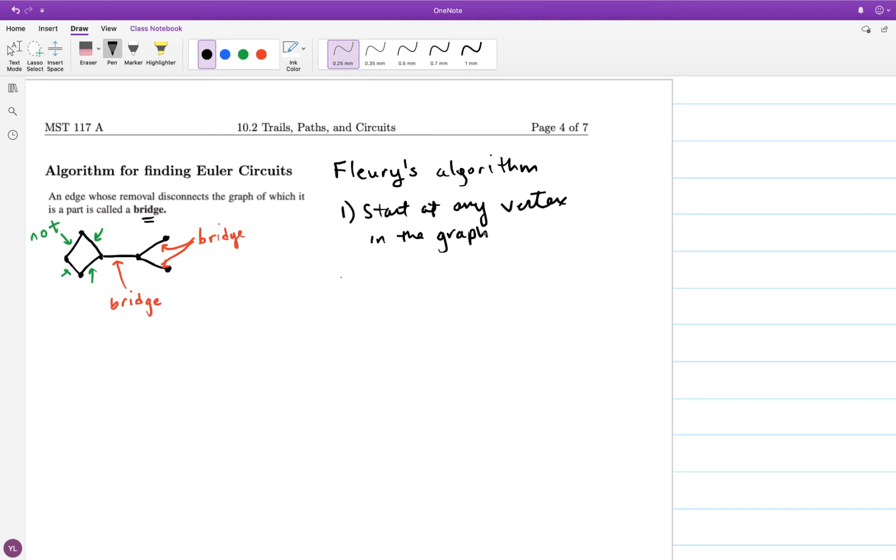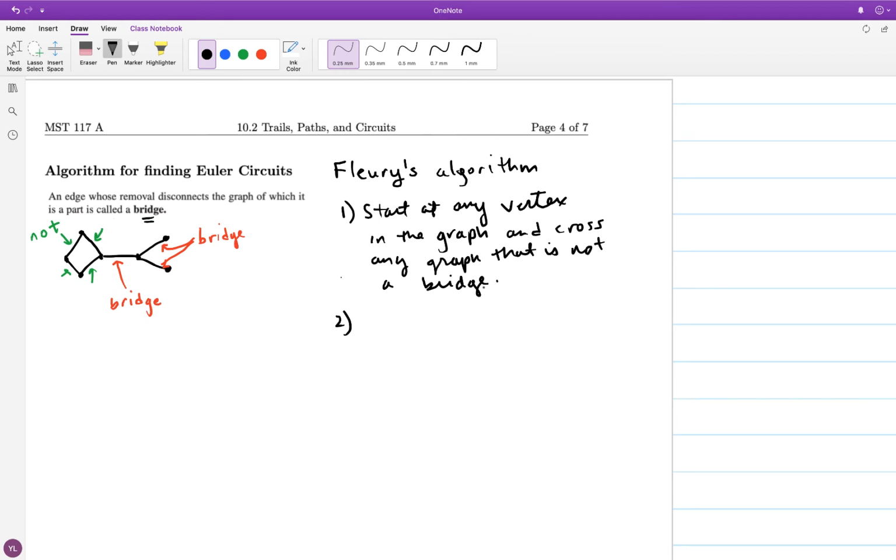When you're constructing the circuit, you write it down, and then you are going to cross any edge that's not a bridge. So at the beginning, you're guaranteed to have some non-bridge edge. That takes a little bit of argument using the degrees of the vertices in the overall graph. I'm going to skip the justification right now just so I can explain the algorithm, and we'll run through a few examples. Okay, so start at any vertex,